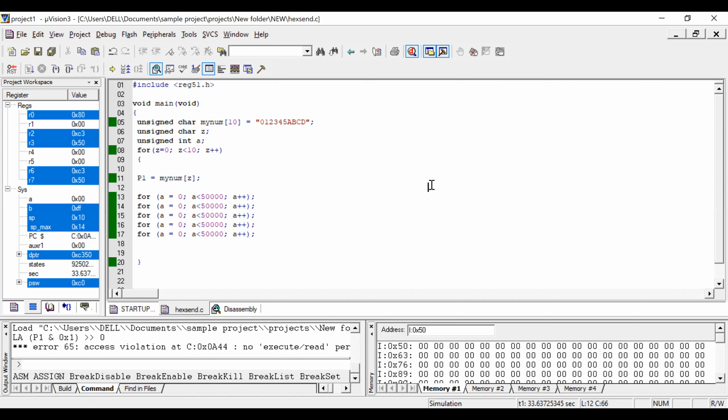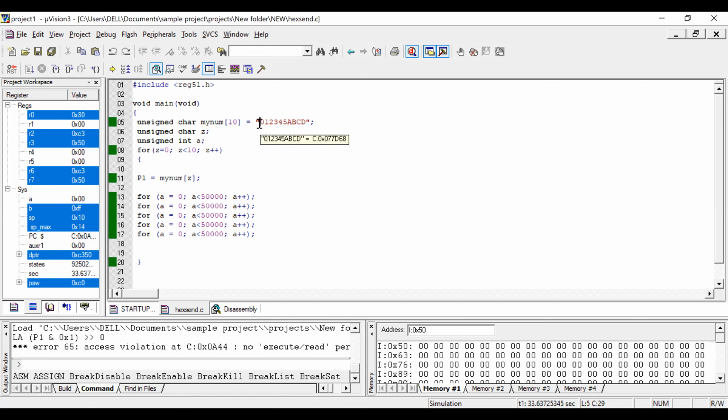Could you understand what is happening? We are sending a character to port 1, but port 1 will never show you 0, 1, 2. It will show the equivalent binary value.